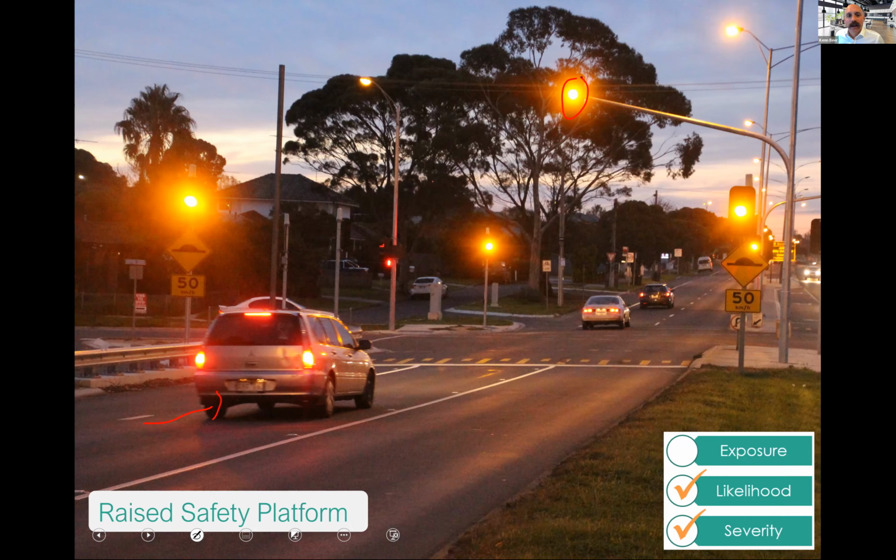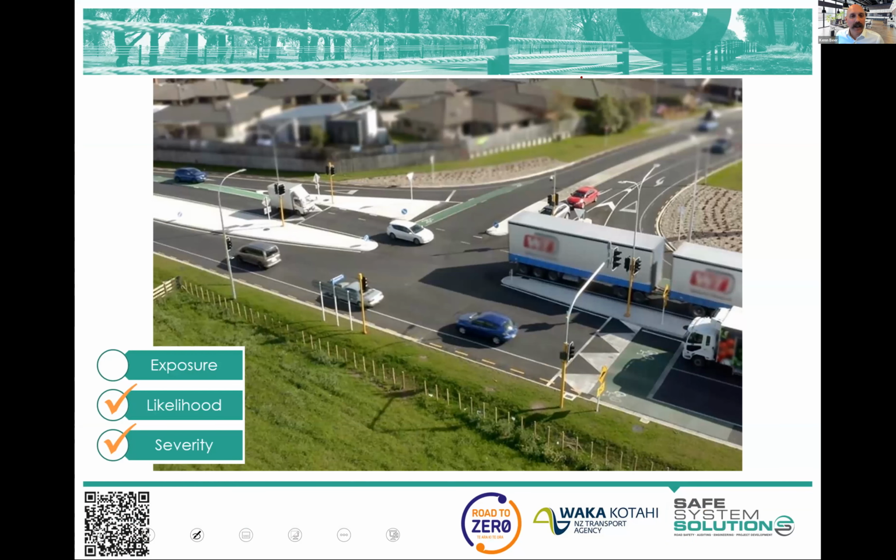And I'll take questions in a second, but here's your wonderful one just outside Hamilton. And I'm sure many of you have seen it. What a great example of exactly the same philosophy. Going to put a set of traffic signals in, and said, well, we can do better than that. We can reduce severity as well. And so let's go with the raised platform. And they went raising the whole intersection for one reason or another and some different configurations, but that's out there. And I think it's a wonderful example. It can be done